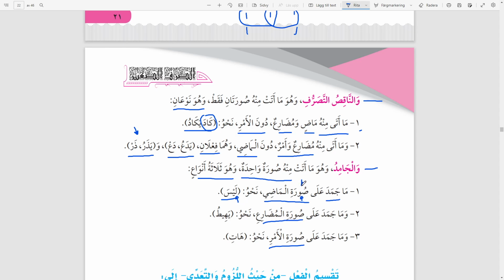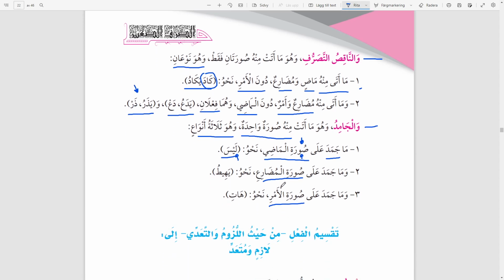So it's good that the author mentioned surah. And then you have the second one, what has solidified in the form of a present tense word. So يهيط, I don't know what this means. ليس obviously means it isn't. ليس زيد صحيحا, like Zayd is not healthy. And then you have what has solidified, quote unquote, in the imperative form, like hat, meaning give me.